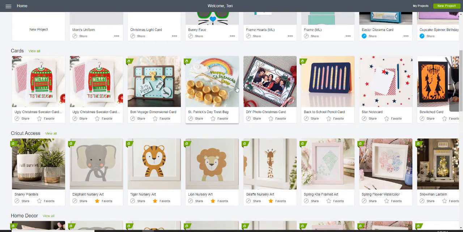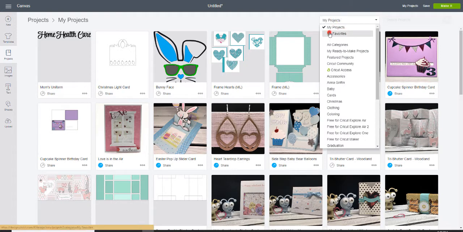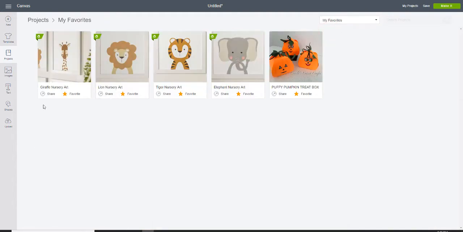You can see here the little star will turn yellow if I have favorited those. And in order to get to the ones that you have saved as a favorite, you go to your projects, and then this pull down menu, you now have My Favorites, and that sorts out only projects that you have made a favorite,